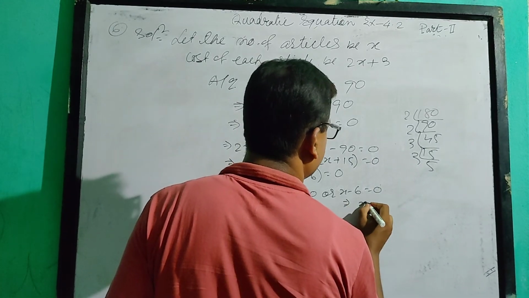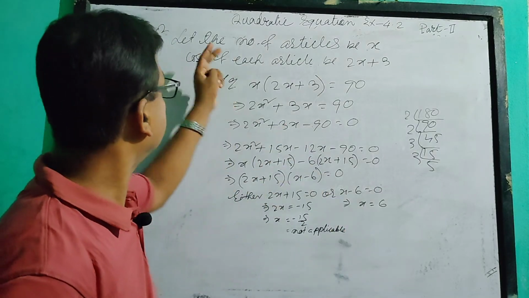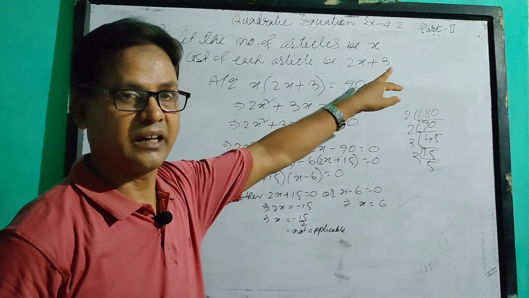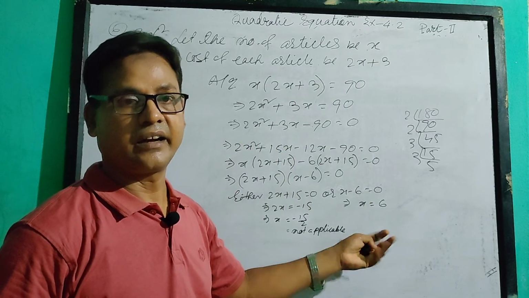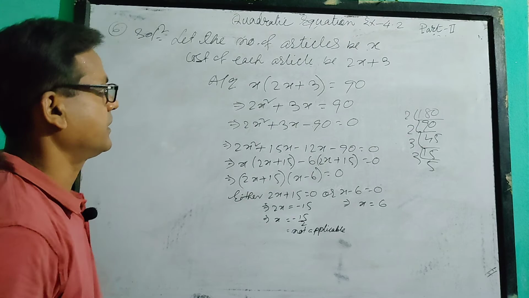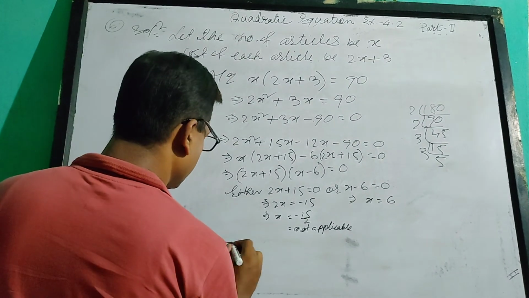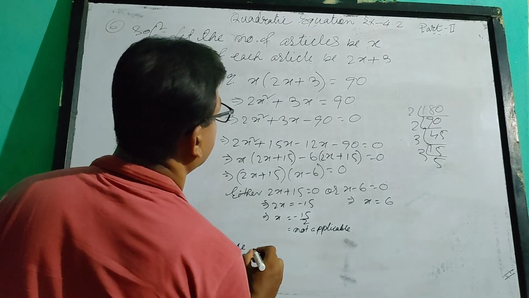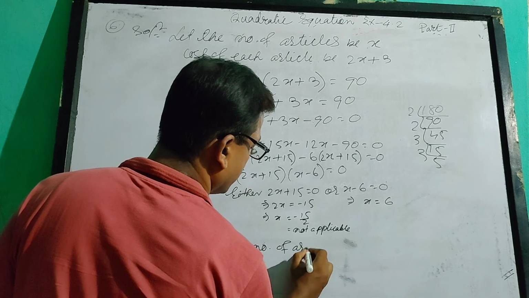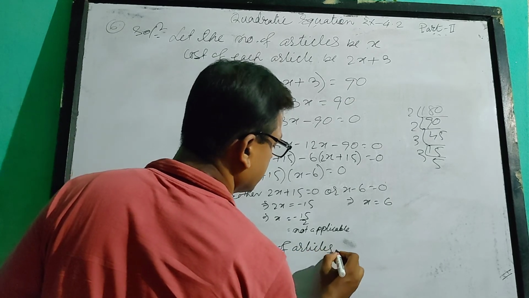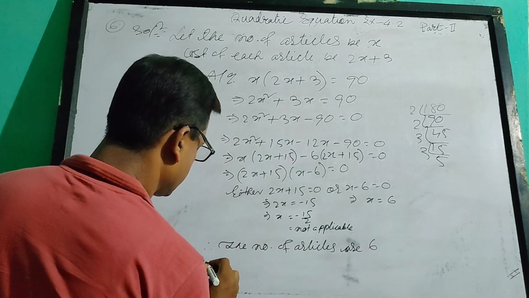Now x is equal to 6, x क्या है 6 है, x नंबर ऑफ आर्टिकल्स था, मतलब ये 6th आर्टिकल था। क्या आर्टिकल? ओ पॉटेरी आर्टिकल्स था। Therefore, the number of articles are 6. Therefore,